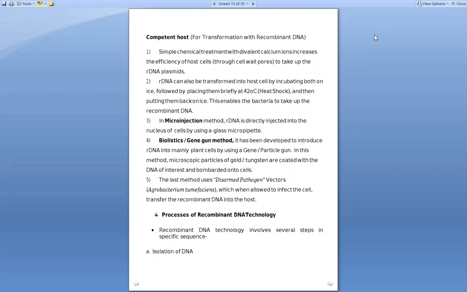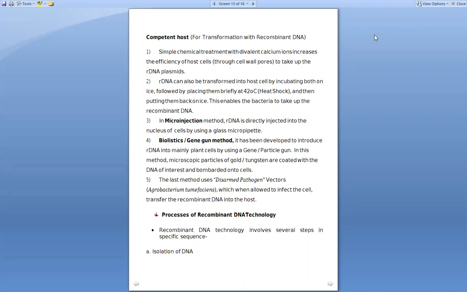Today we are going to see 12 science biology, and we are going to see chapter number 11, that is biotechnology, principles and processes. We have already completed half of the chapter, and we have covered many topics of this chapter, and today we are going to see the next few topics of this chapter.